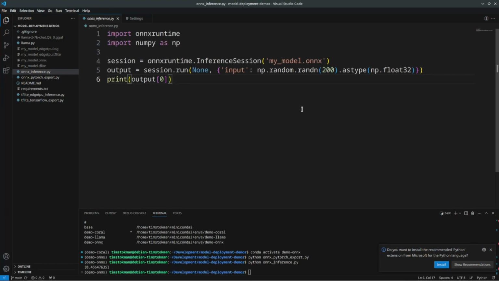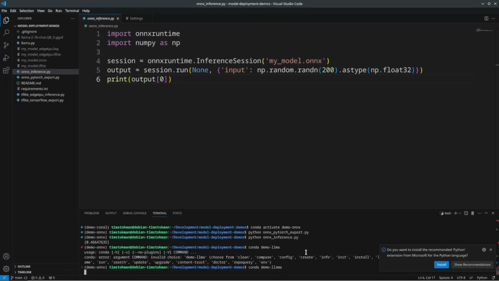Let's do something entirely different now. We have an entirely different type of model. Large language models are supported by ONNX, but you have to remember that some of the more exotic quantization options in combination with operators are not always supported, so you might not get the fastest version right now. I imagine it will change in the future, but right now, the best option for large language models is usually,